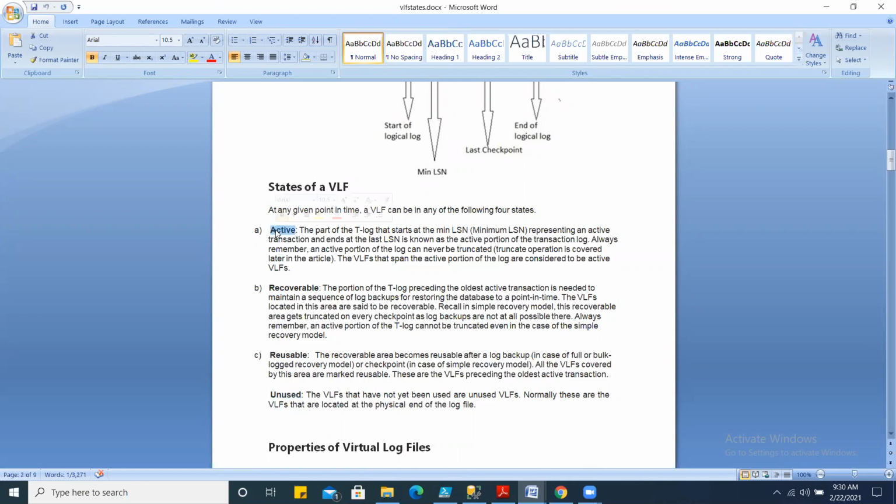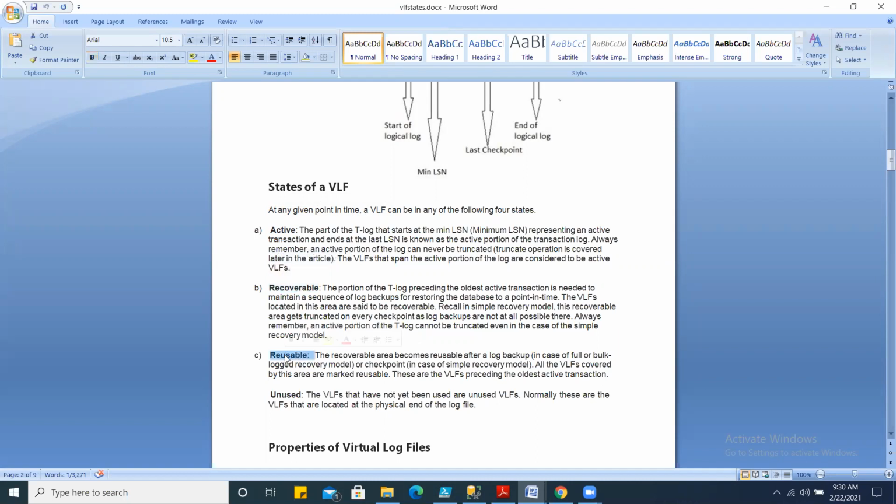Now, when the transaction is completed, the VLF state is changed from active to recoverable. Now, when you take the transaction log backup, if your database is in full recovery model, then the VLF state is changed from recoverable to reusable.